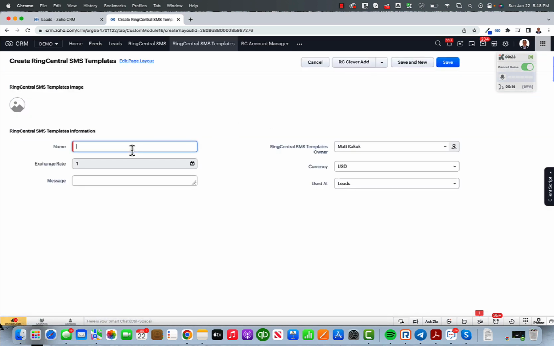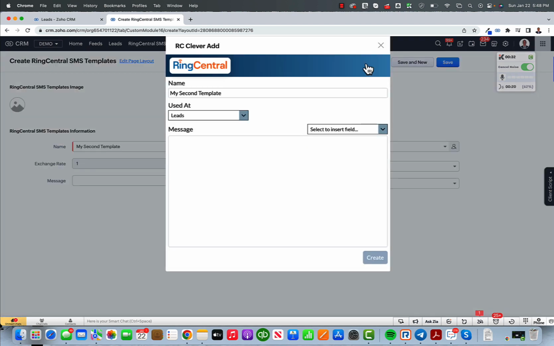You give it a name, and you also could use the Clever Add button. If you press that, it's going to open up the little window, and we could go ahead and use this template either in Contacts or Leads module. And we could start using the merge fields from either module. So what we want to do is maybe look for first name, last name,